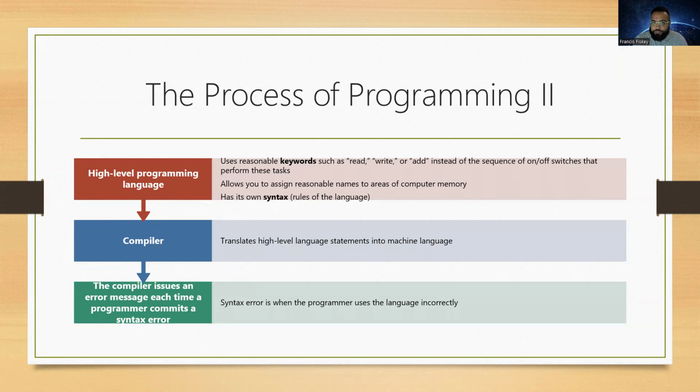And this is very important because machine language tells the CPU what to turn on and off, whereas what our high-level languages do is tell the CPU what it needs to do. Hey, I want you to read these collection of memory locations, right? That's a fancy way of saying, I want you to read this array, right? The array sits in your random access memory in a contiguous